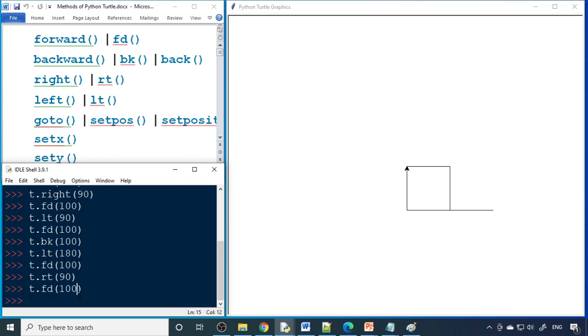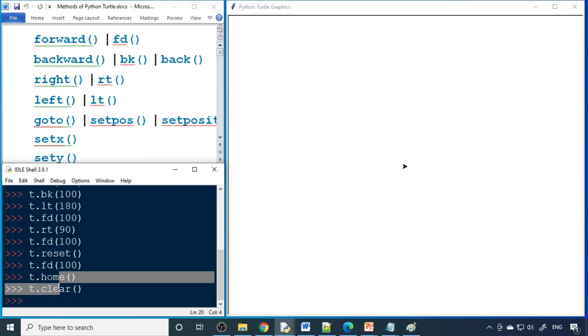Now let us understand how the goto command works. So first what I'll do is t.reset. Reset is a command to reset the whole thing and bring the turtle to the home position. If I say fd 100, now you can see that you have to bring the turtle back home. So that is t.home. Home is a command to bring it back, and you need to clear the whole screen with clear. These two commands will be done by the same single command, that is t.reset. t.reset will reset the whole screen and bring the cursor back to the original position. Right.